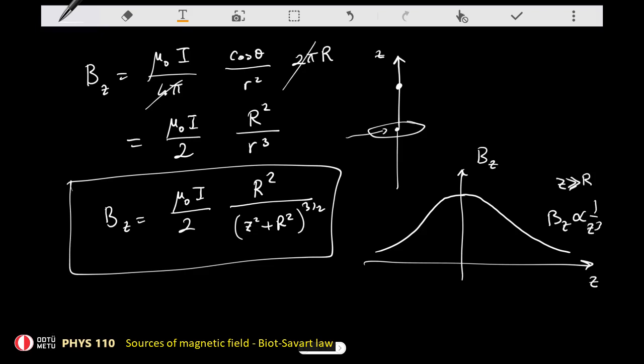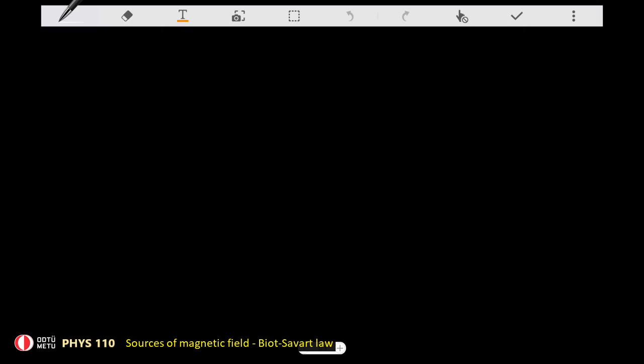Right. So next, of course, I'm going to do this. So that's the solution of that problem, right? So we are done with the solution. Now I'm going to do something else. Now I'm going to actually make this dipole approximation. So I'm going to assume that this current loop is very small. So this is the case for the atomic dipoles, for example. So let me pass to this thing. So that's the case